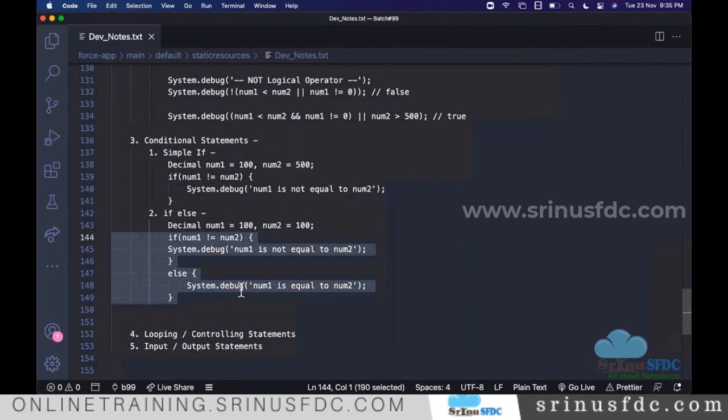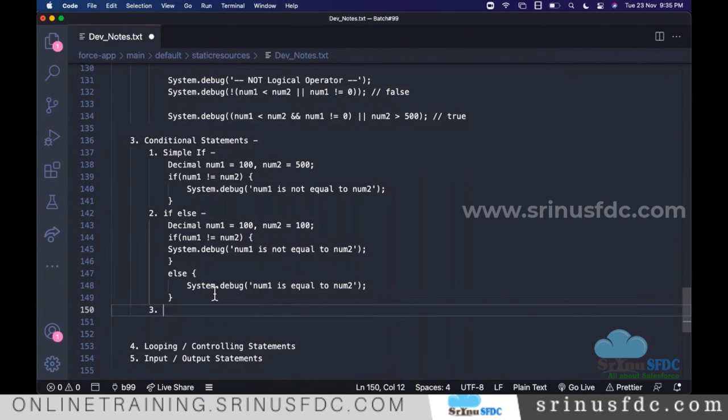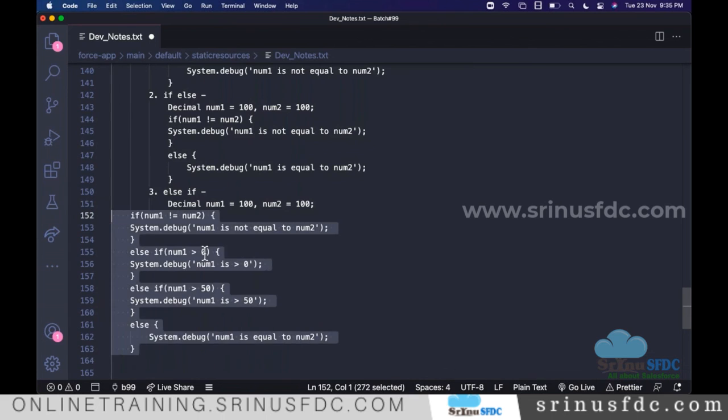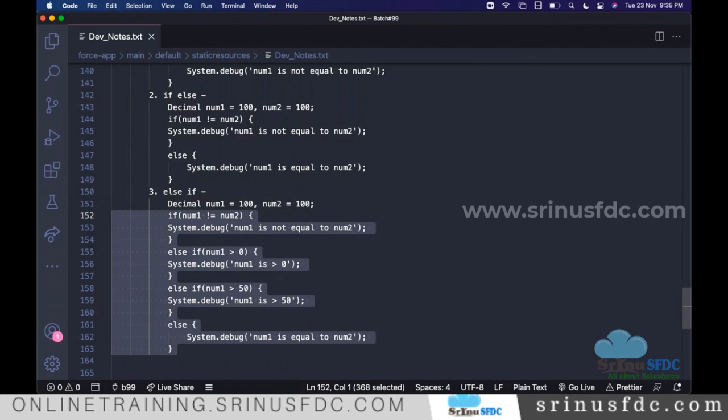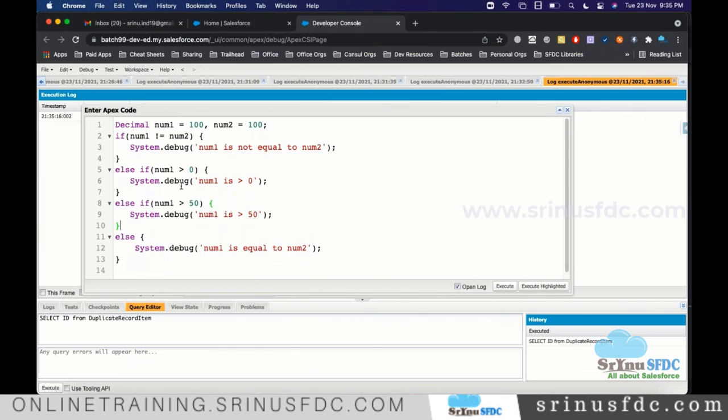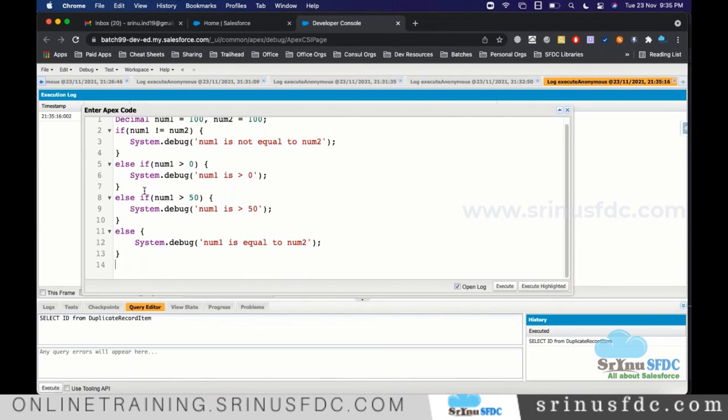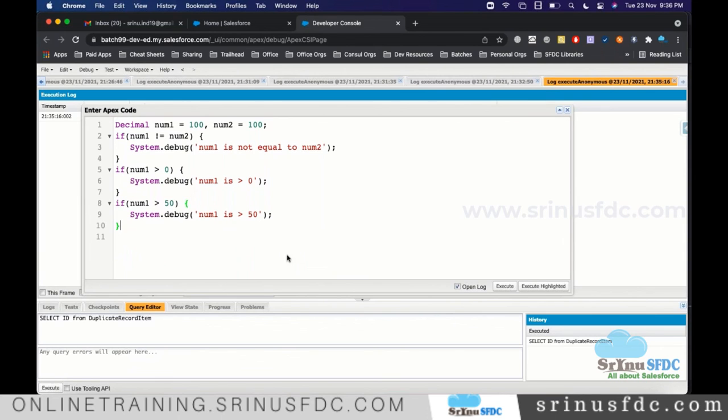So this we say else if. Any one block out of multiple blocks will be executed. Now my next requirement is: this is satisfied, I want to execute, and since this is satisfied, I also want to execute this one also. If you want like that, we keep all the if conditions one after the other. So when you give like this, what will happen? If this is satisfied or not, it won't bother. Still it will check the next one.